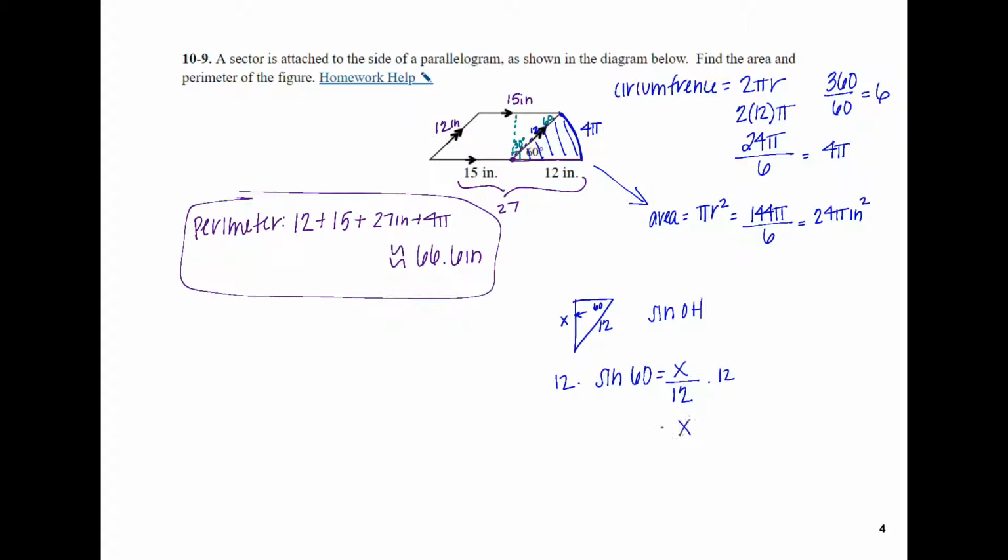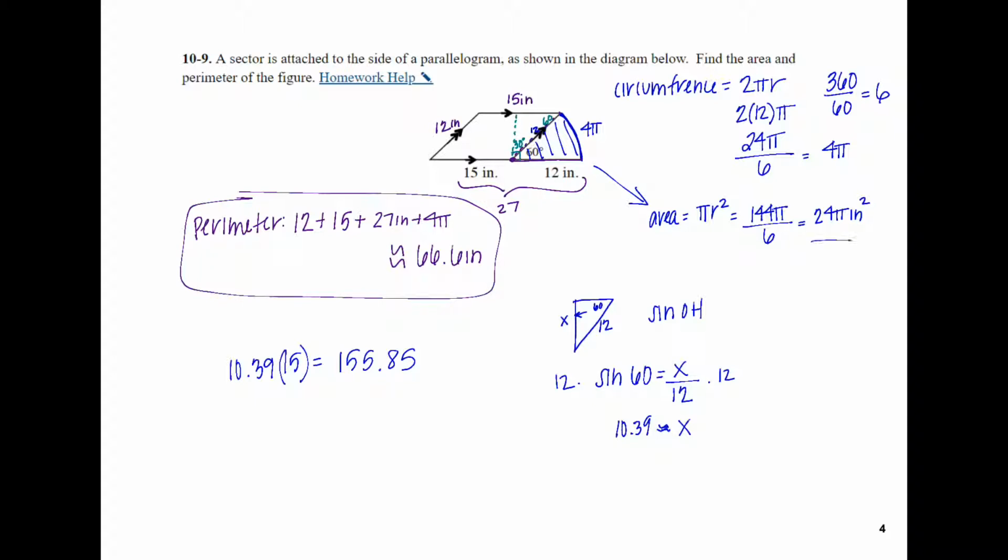So I get the height is approximately 10.39. So in order to find the area, I'm going to take my height times my base. So 10.39 times my base, which is 15, which gives me approximately